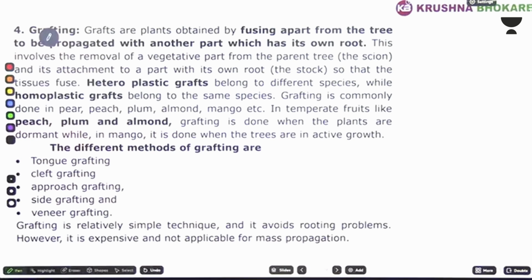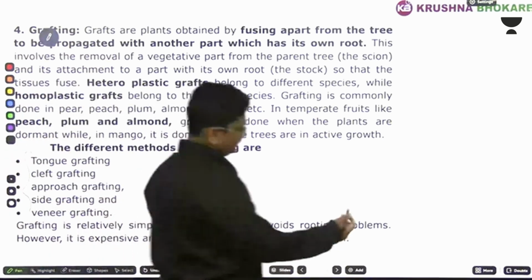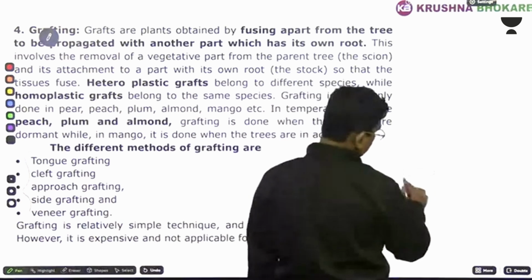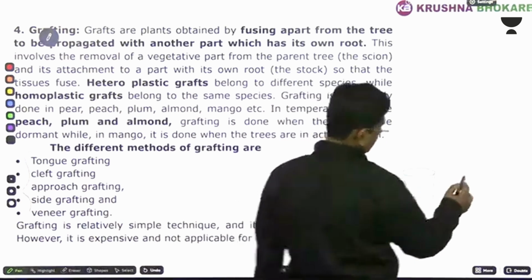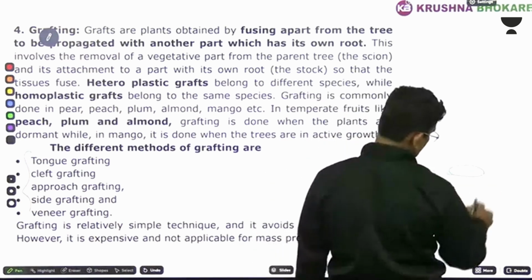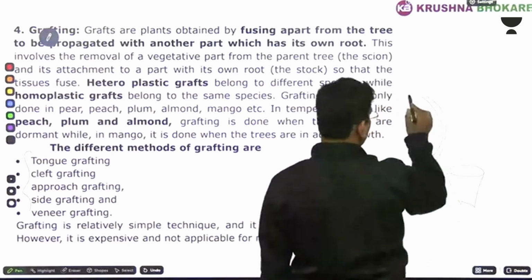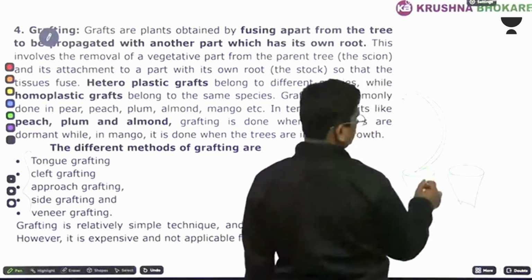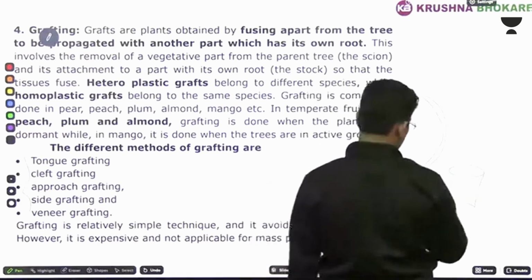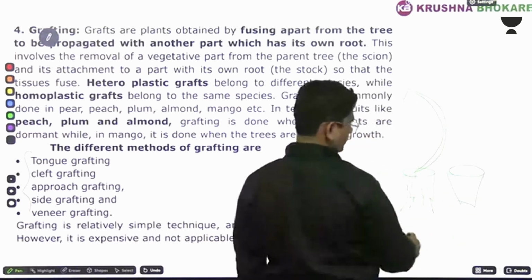Grafts are the plants obtained by fusing part of one tree with another tree, है ना. उसके टर्म, क्लेफ्ट ग्राफ्टिंग, अप्रोच ग्राफ्टिंग, साइड ग्राफ्टिंग, वीनियर ग्राफ्टिंग, इसके टाइप्स हैं. बट वन ग्राफ्टिंग आई विल टीच यू. लेट्स से दिस इज अ वन प्लांट ऑफ मैंगो. ये पॉट है बस, प्लांट नहीं. This is one plant. It has very small mangoes, okay, but a very good strong root system.